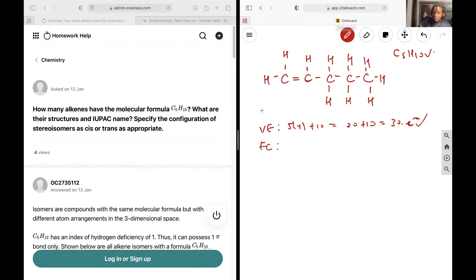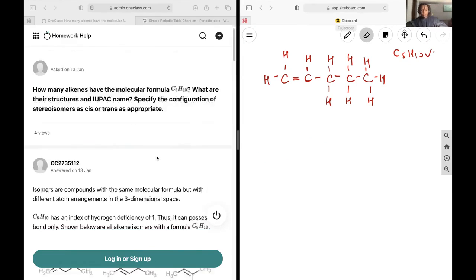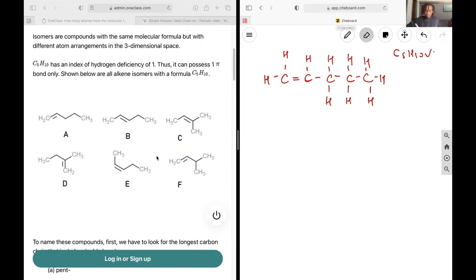I can double check my formal charges. Each of the hydrogens are only making one bond, so a formal charge of 0. Each of the carbons are making the correct number of bonds, which is 4. So it's going to be 4 minus 4, yielding 0. And so this is a valid structure. If I'd like to draw out the line structure, then it would look like